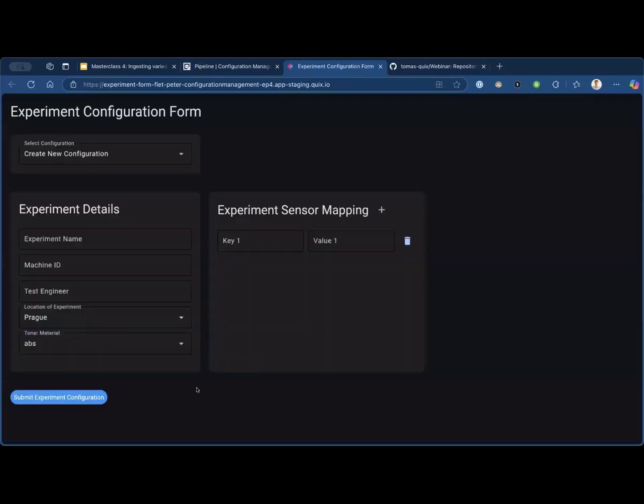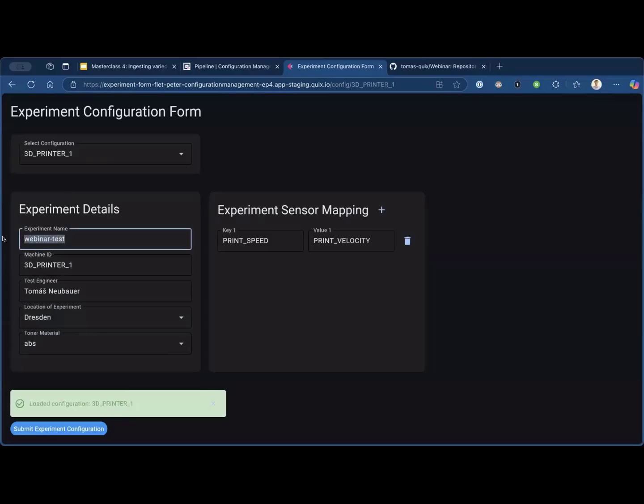So here we're just going to choose the printer. And here we have the name of the experiment, the name of the machine, who is the engineer running the test, where is the location of the experiment, what is the toner material. And then here we have some example of mapping of sensors. So we're going to convert the print speed to print velocity, for example. So here I'm going to put the experiment to Prague. I'm going to update the experiment